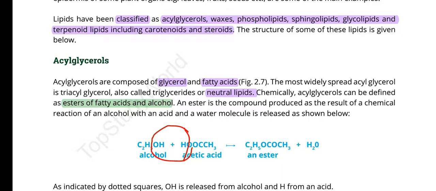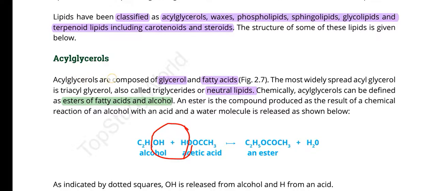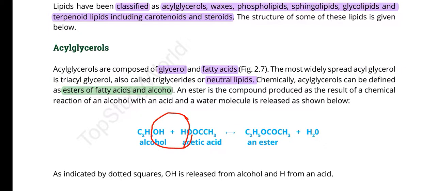Actually, acylglycerol is composed of two things: one is glycerol and one is fatty acid. And the most widely spread acylglycerol is triacylglycerol. The word acyl is used for the fatty acids, and glycerol is the alcohol that has three hydroxyl groups. It is called glycerol. And the most common, an important MCQ, most common acylglycerol is triacylglycerol,